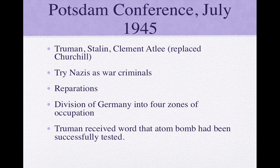The Potsdam Conference, July 1945. You have two new leaders here, Clement Attlee from Great Britain, who replaces Churchill, and Truman, who replaces FDR, who suffers illness and dies suddenly. So that changes the outlook here. Stalin's the last one here of the original big three as the war gets started and now is coming to an end. So they agree that the Nazis will be